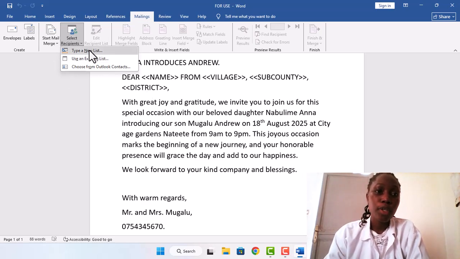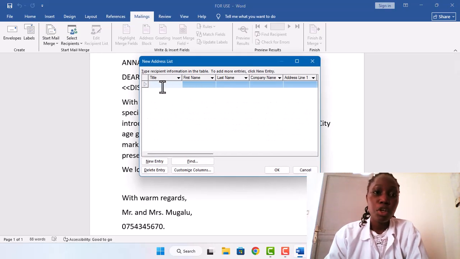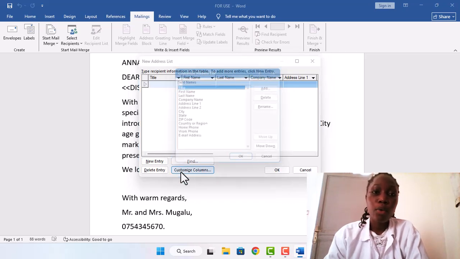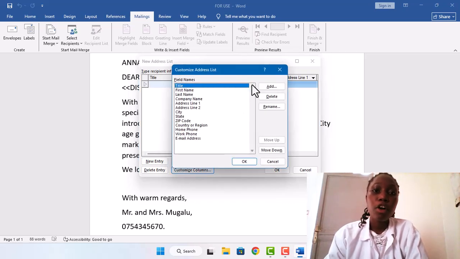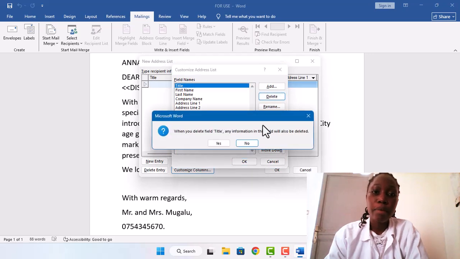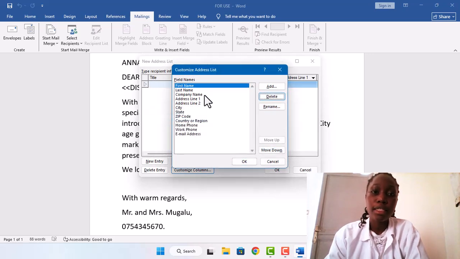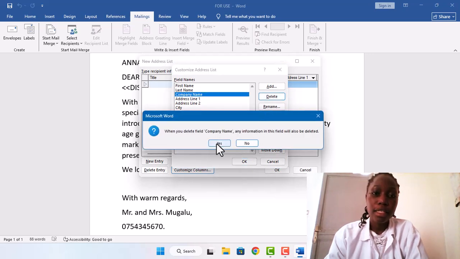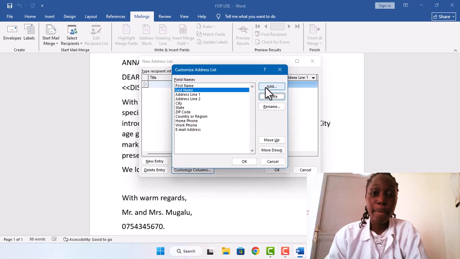So if you want to type a new list, this is what you do. You move here. Some of these things are not needed, so you may want to customize your columns. For columns you don't need, you delete. For example, I may not need the title, so I delete it. And this I may not need, so I delete it. But for my case, I already have a column. So after deleting